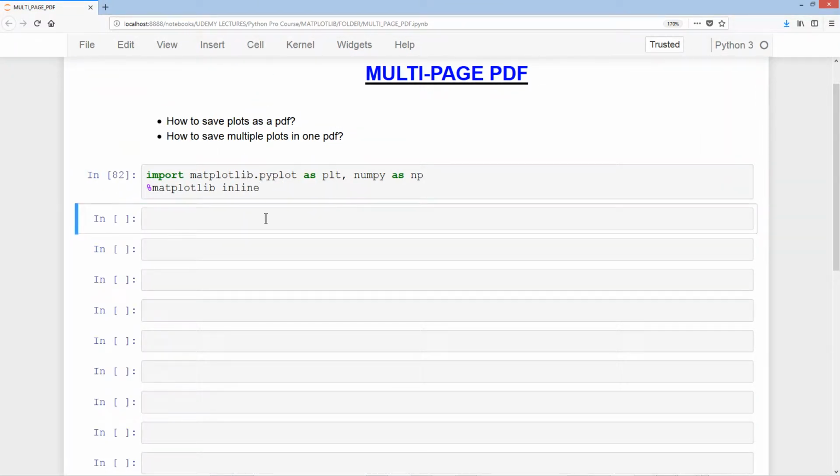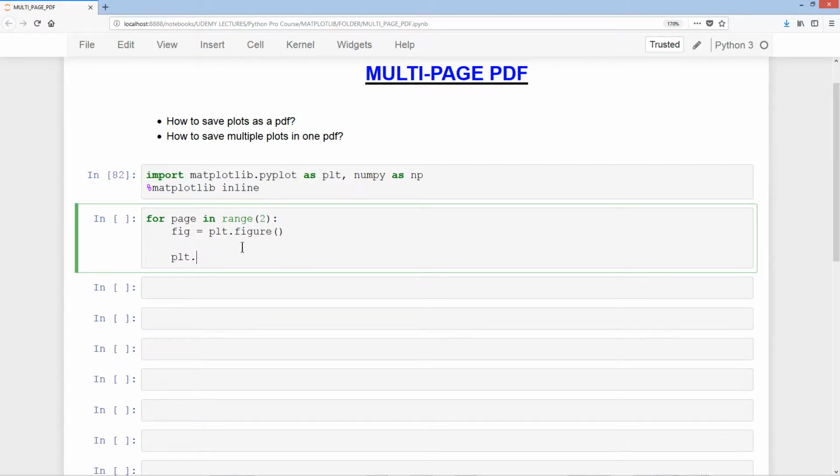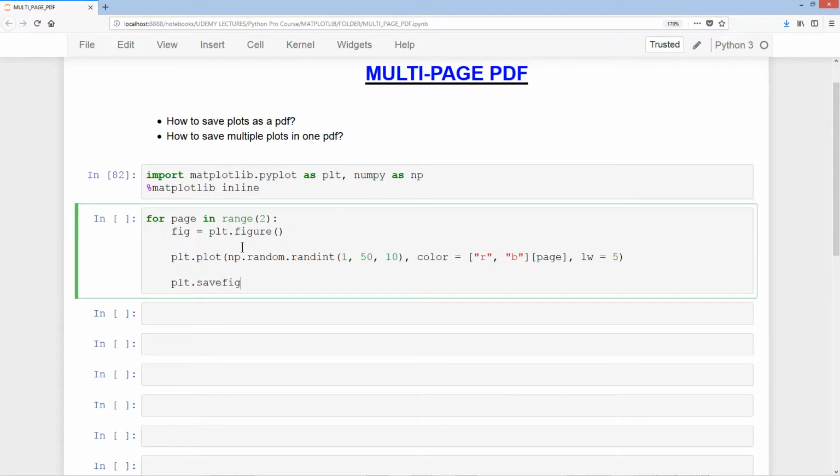I'm going to import the Matplotlib and the NumPy modules, and then I'm going to have a for loop. So for page in range 2, colon, and then we'll have fig equals plt.figure, and then plt.plot np.random.randint 150 with just 10 values, and then color equal to R for red, B for blue, indexed by page, and then lw equals 5 for line width, and then we'll have plt.savefig with the Python 3.6 version of formatting,